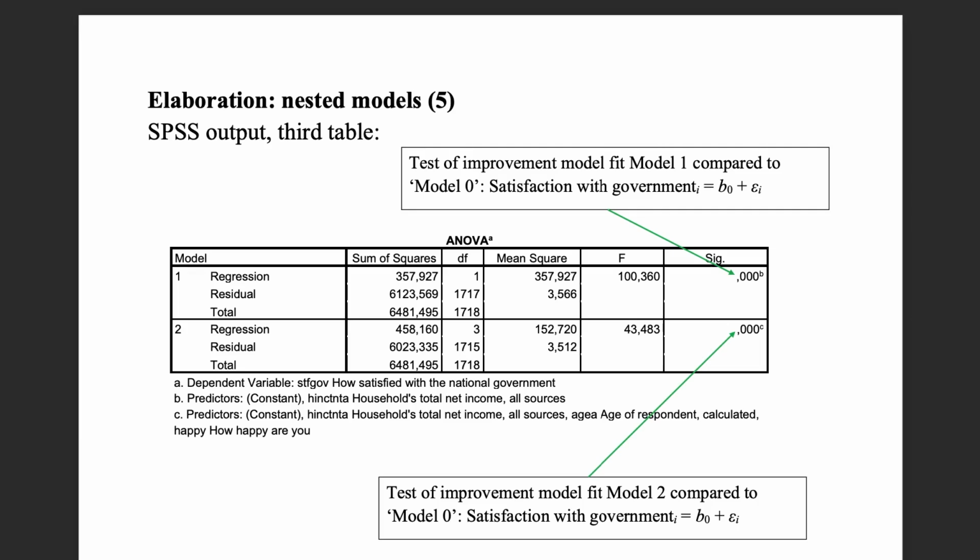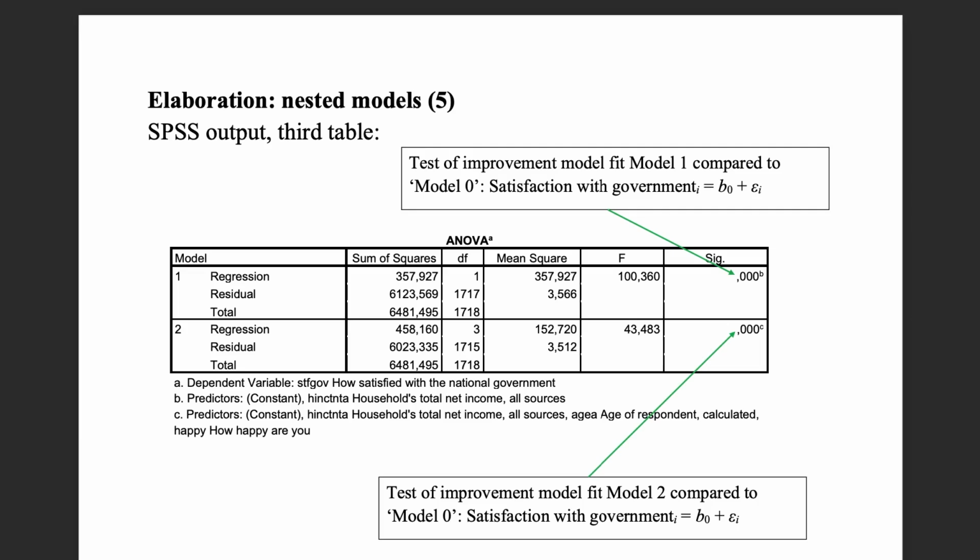This tests a null hypothesis about the R square value and not the R square change value. And for our second value, we already saw that R square and R square change are two different values. So R square is the proportion of variance explained by our entire second model in our sample. So this 7.1% that we just had, and this ANOVA table tells us something about testing that R